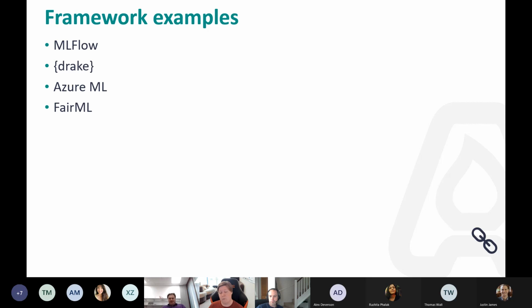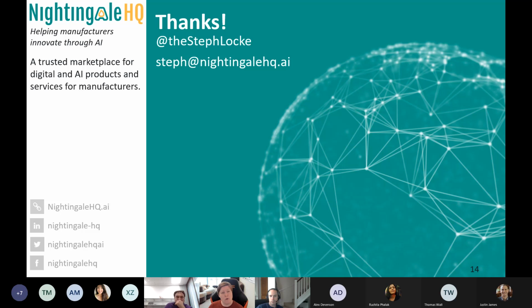So there are lots of different ways that you can make your code reproducible, but you need to be logging, you need to be using version control, and things like containers help. There are tons of different frameworks that you can use that will make your life easier and save you having to code everything from scratch yourself. So that's reproducibility.